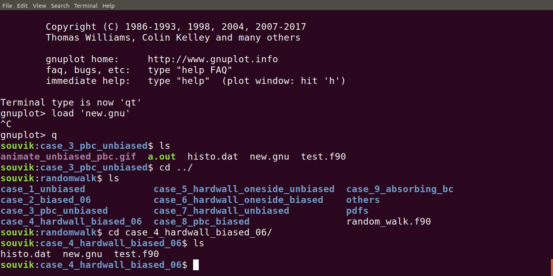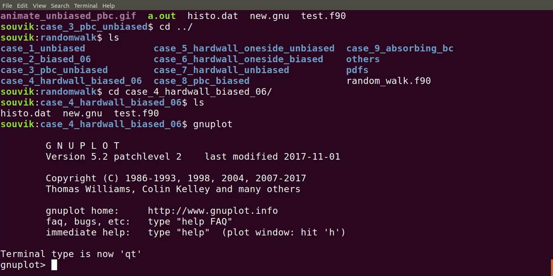Let's say I apply a hard wall on the biasing direction. So it will go up to the hard wall, and then it will eventually become an exponential distribution. What you will expect is that because it can't go past that hard wall, but it has a tendency of going to the right-hand side because I have given the biased condition, it will become an exponential distribution.